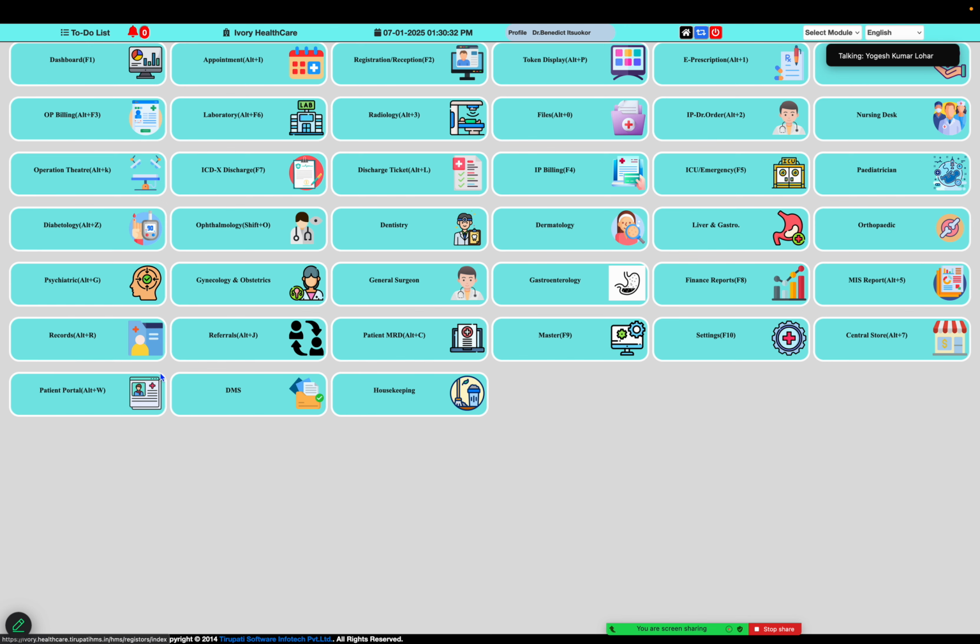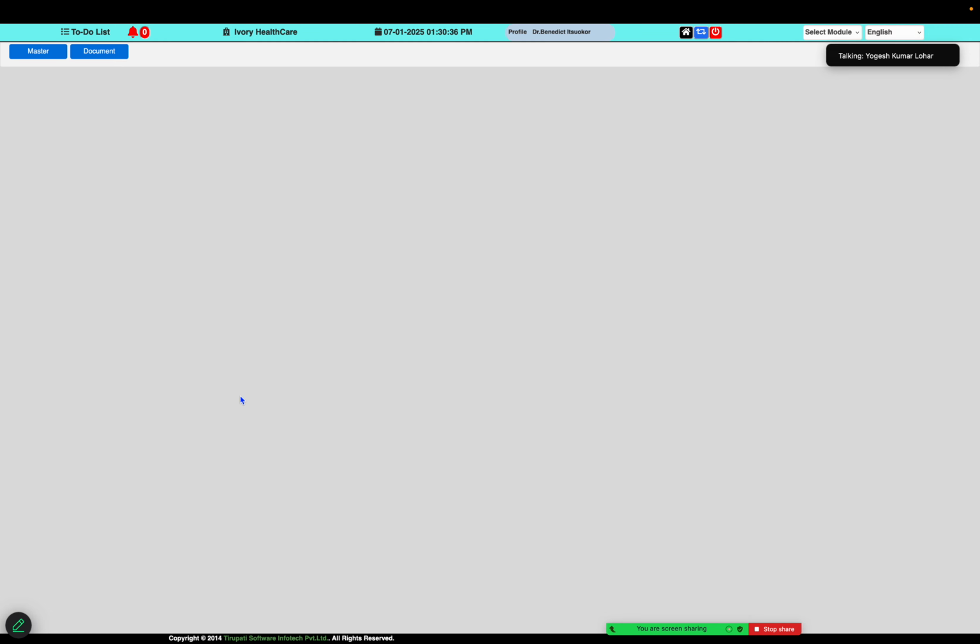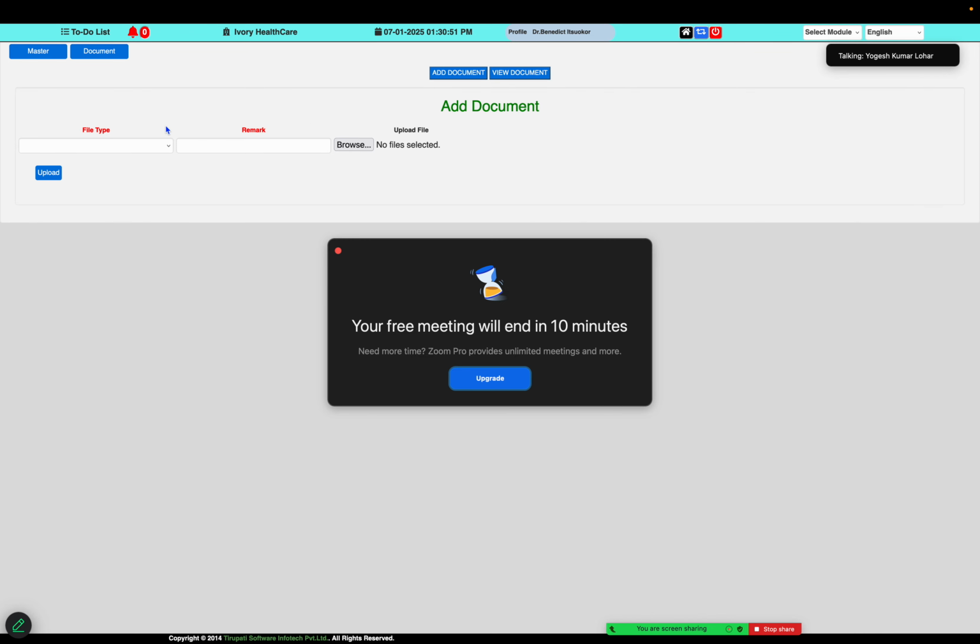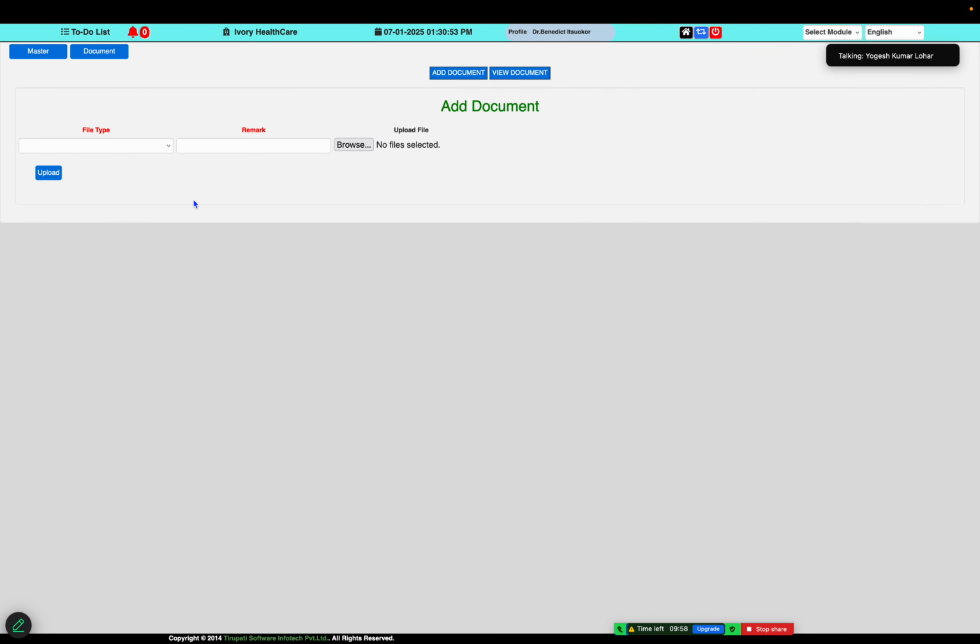Yeah, DMS stands for document management software. In case you want to maintain any hospital personal document that you want to store as a soft copy, you can go here to master and manage the document, and you can add a document. For example, you want to prepare a document.